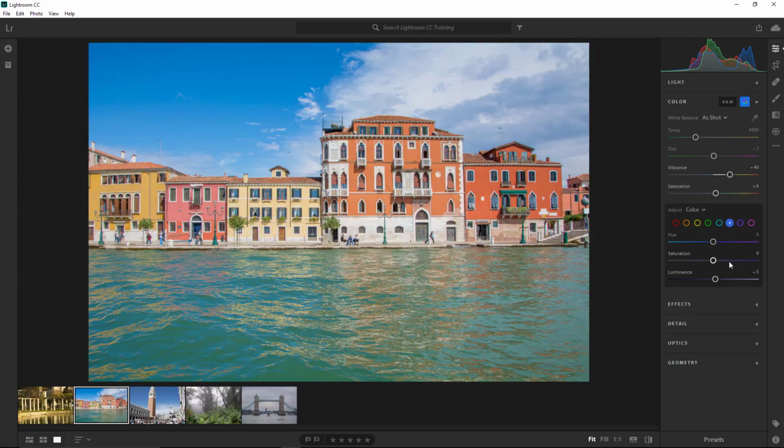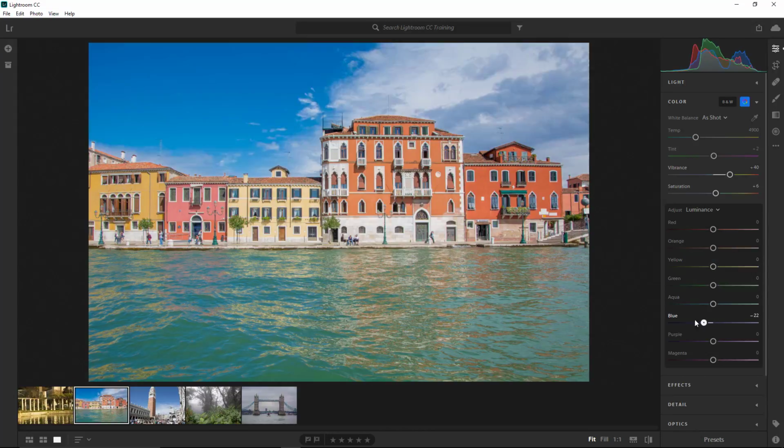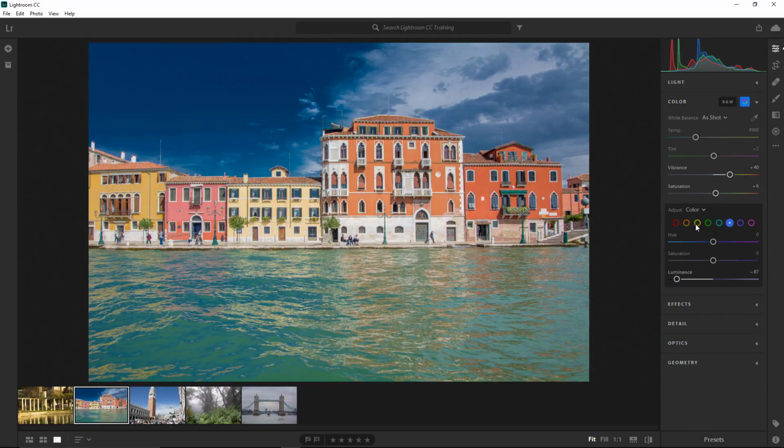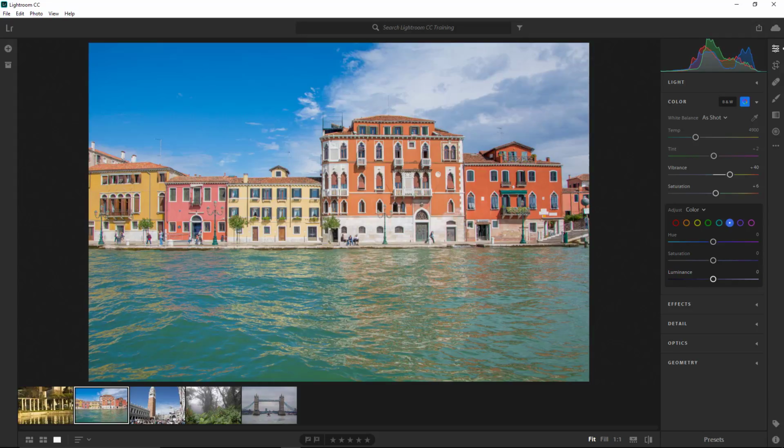This is the default view, which I think is the best view, but there are other views that you can use to adjust the hue, saturation, and luminance. Select luminance from the dropdown and adjust the blue slider. Notice that when you come back into the color view, the settings for blue have been adjusted. Both views control the same settings, but they're represented in two very different ways. I think the default view is much better because it allows you to select the color and make adjustments in a much quicker way. Now that I have adjusted the light and color of my photo,